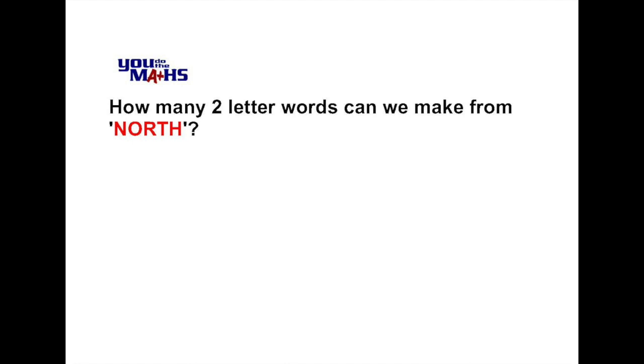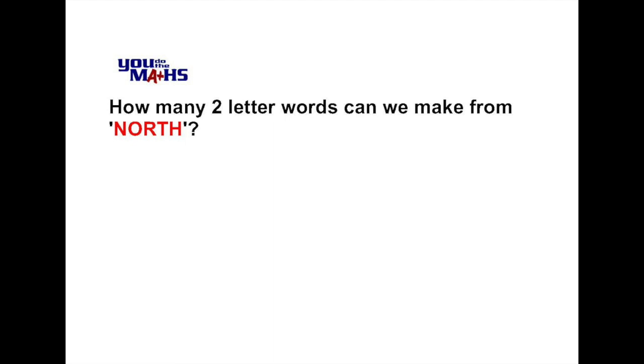In this example, we're looking at how we can rearrange 5 letters from the word north into 2-letter words. For the sake of clarity, we'll define words as simply rearrangements of the letters, as opposed to what you'll find in a dictionary. So this is a permutations problem because we're looking at different rearrangements based on elements of a set. So what we'll do is we'll take those elements, in this case the letters N, O, R, T, H,